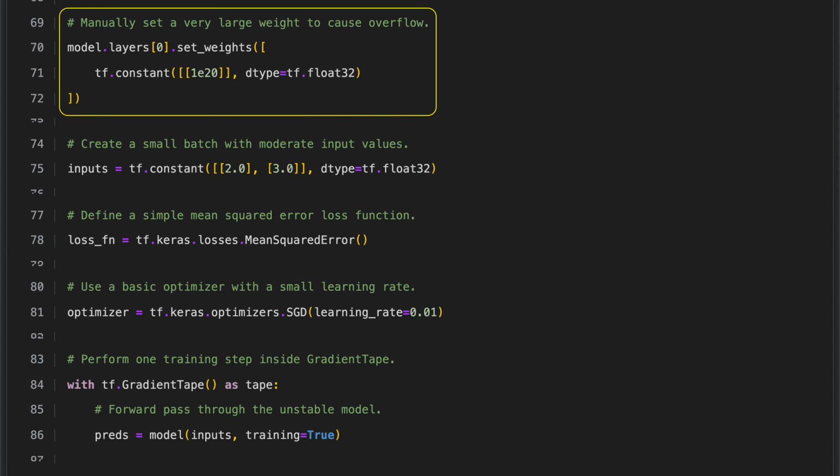We deliberately assign an extremely large weight to the model's first layer to force numerical overflow. This is done by setting the weights to a constant value of 10 to the power of 20 using a 32-bit floating point type. With this setup, the model becomes numerically unstable during training, clearly illustrating how extreme parameter values